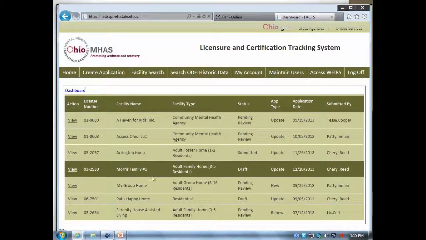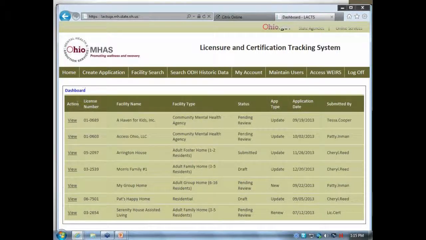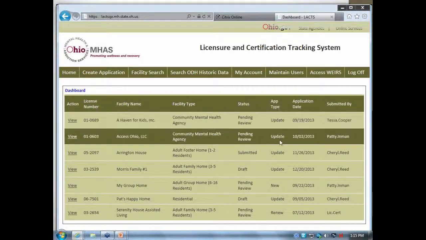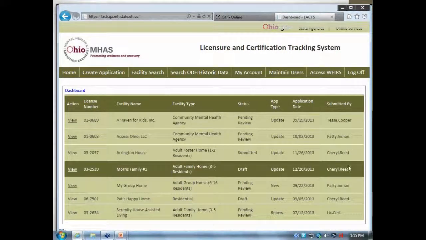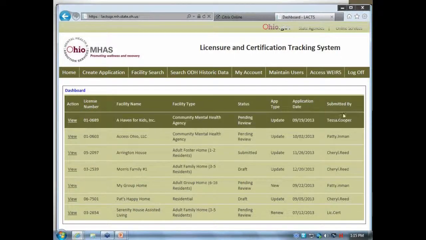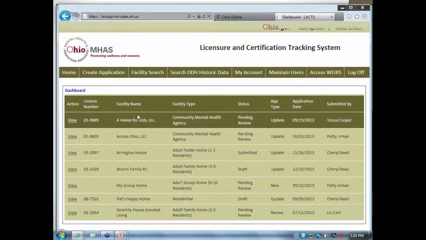So you can see some of the things where we created some drafts of some different information here. Right here, the first column is just going to tell you the action where you can view it, then provide the license number, facility name, facility type, the status, the application type if it's an update, new, or renewal, the application date, and who actually submitted the application. Once you assign someone with your account, it's going to provide the name of the person who actually submitted the application. So we're just going to use this first one here as an example, A Haven for Kids. Once you click view,